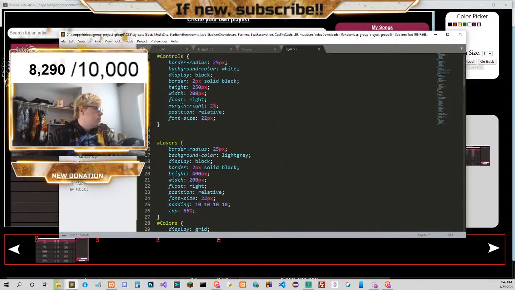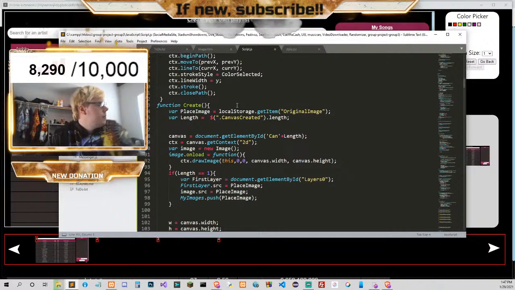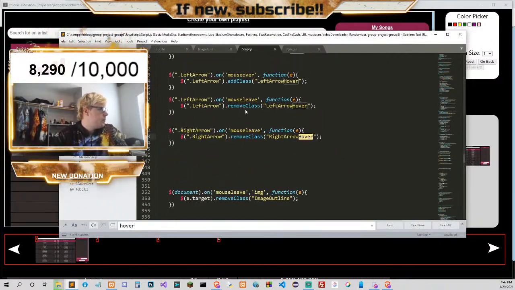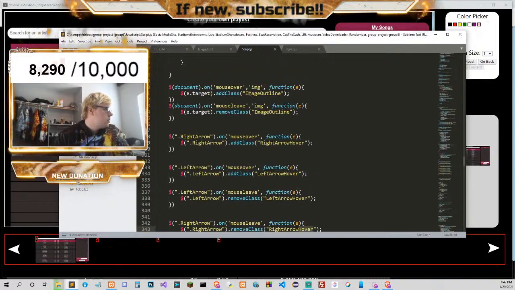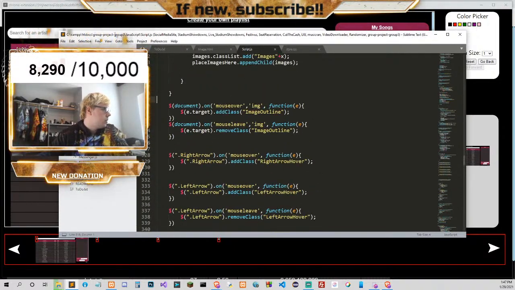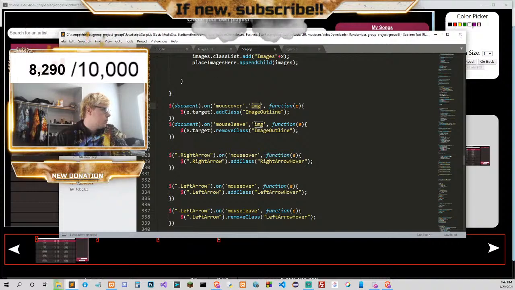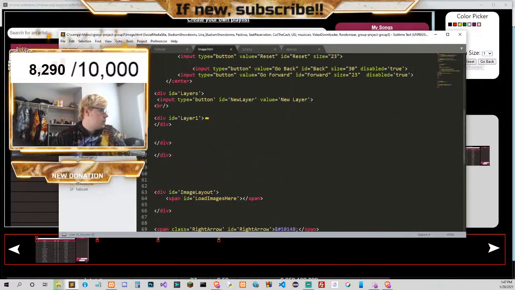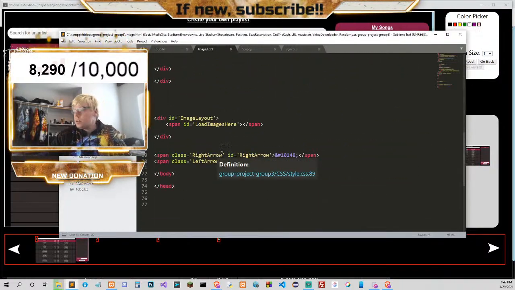Where's the hover? It's right here on image. Mouse over image. Huh. Which I don't want. I don't want that.